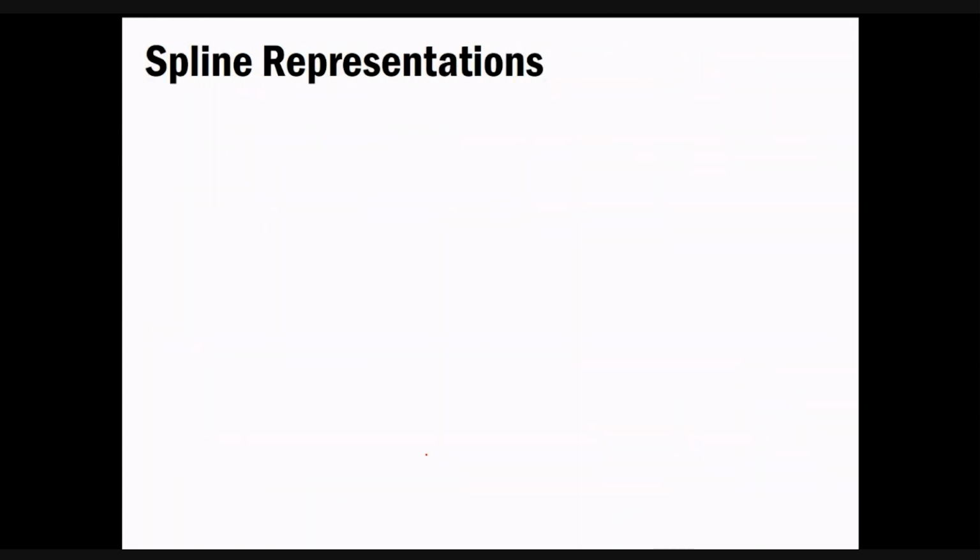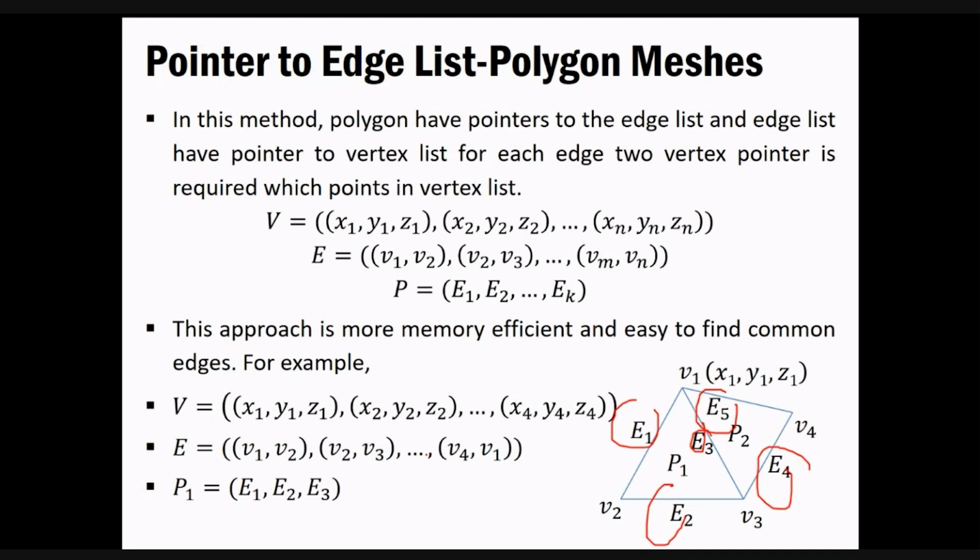It can be represented with the polygon. If you have a number of polygons, you can simply store it as p1. So you will just store this information: e1, e2, e3 will point to simple information, that we have e1 coming out of v1 and going to v2, or vice versa, similarly v2 to v3, and it will store all of this information to keep track of, or to render, a complete thing onto your computer screen.